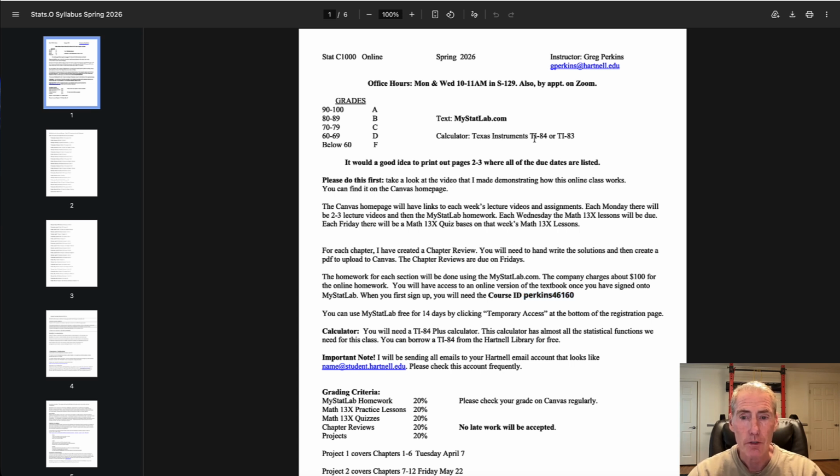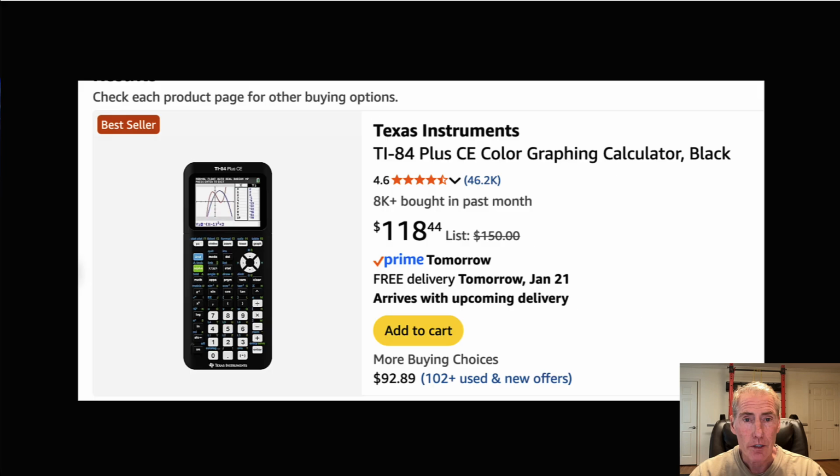So for one thing, you are going to need a Texas Instruments TI-84. This has almost all of the formulas we need programmed into it, so you don't have to do huge amounts of math. You could, if you want, so I just grabbed this from Amazon. You could, if you want, buy a new one, but I wouldn't suggest it. I would suggest that